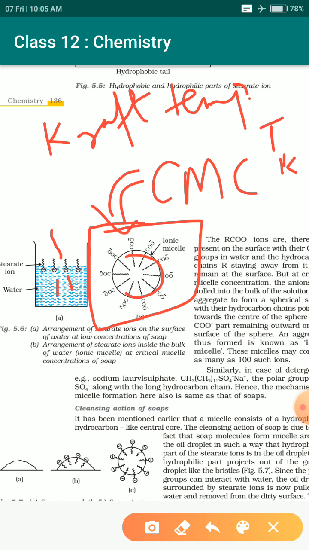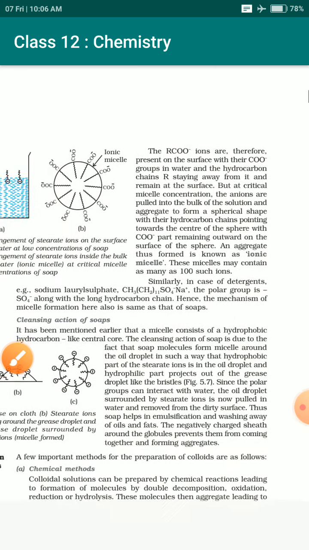This is the water molecule, and over to the water molecule the hydrophilic part gets attached, but the hydrophobic part is not attracted. It is similar to this structure where you have this minus structure over here, which gets attracted towards water somewhat like this. This is actually a micelle formation which occurs at the CMC, the critical micelle concentration.